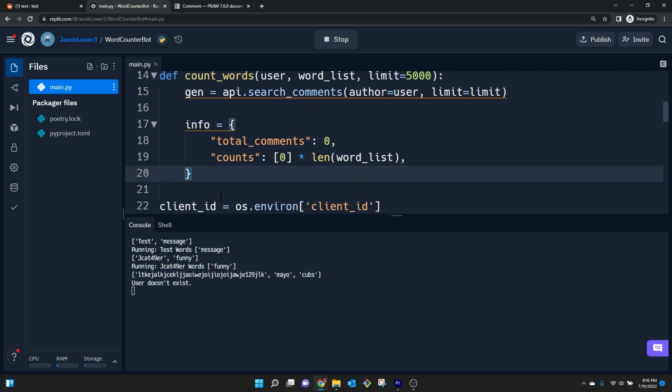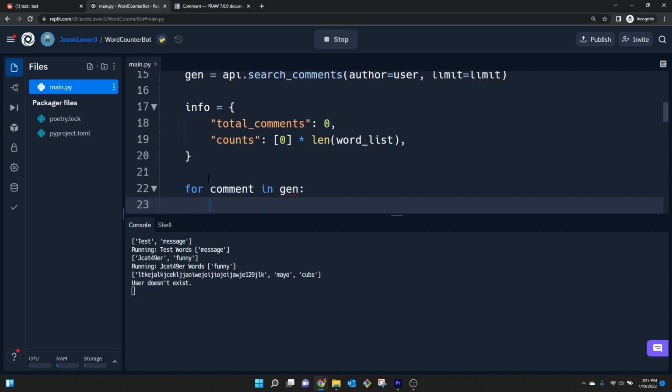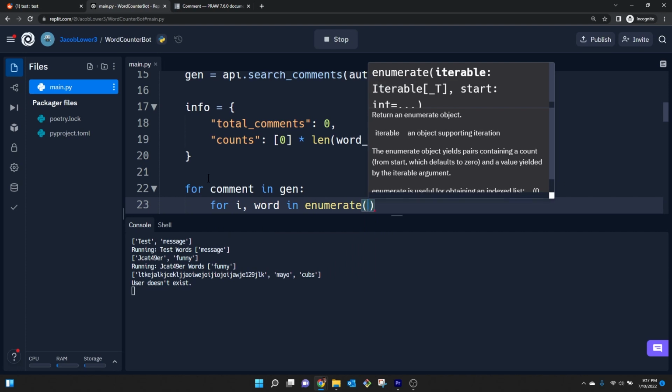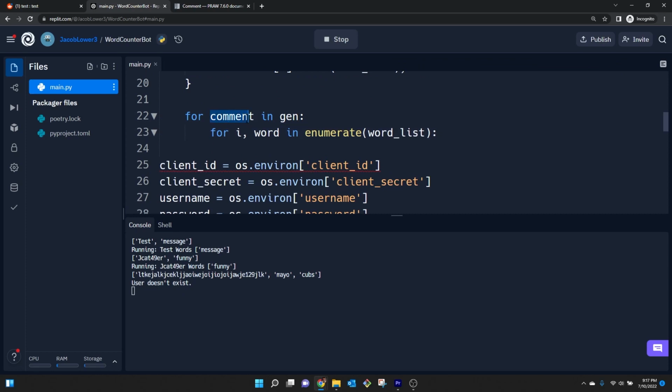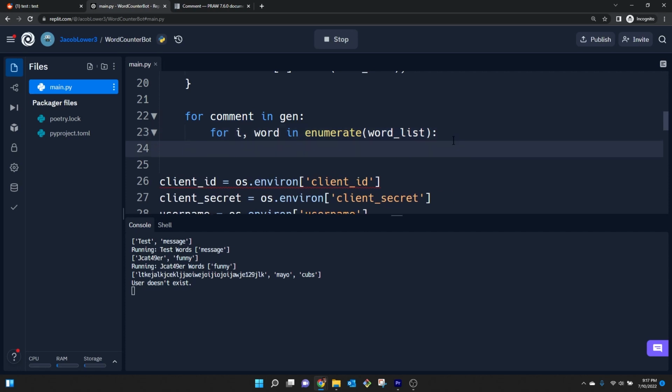Now this created a generator above. So what we're going to do now is iterate over that. So we're going to say for comment in gen, and then for i, word in enumerate word_list. What this is going to do is iterate over the last 5,000 comments that this user has posted, and then it's going to check for each word in our word list. So if they have 1, 2, 3, 4, or 5, it's going to check each one of those